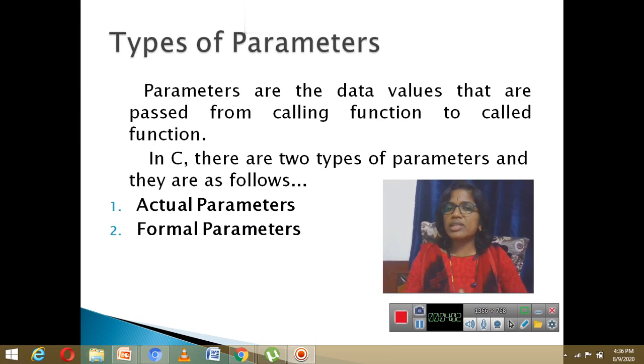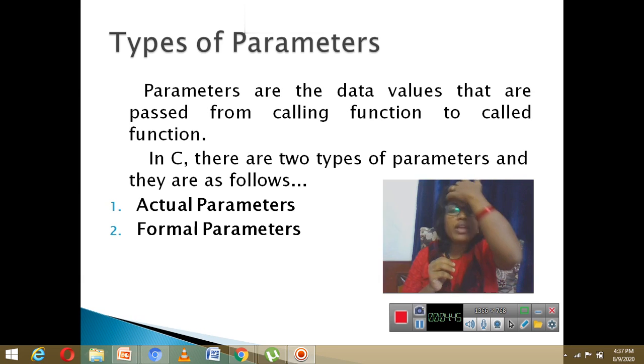Next is the types of parameters. What are parameters? We have learned in the previous video lesson. Parameters are nothing but values, the number of values, and they can also have properties, the number of parameters as well as the type of parameters. As we discussed in the last class, the parameters can be of any kind of primitive data type. It can be integer, float, character, or double. Any kind of parameters can be there so that they can go into the function and be accessed.